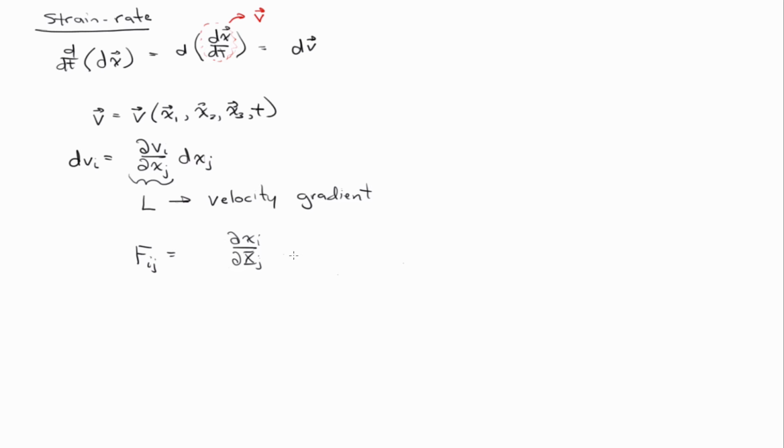So then let's take the time derivative of both sides of this equation. And so if we do that, then on the left, we're just going to call this F dot, right? And on the right, if we just rearrange, we have